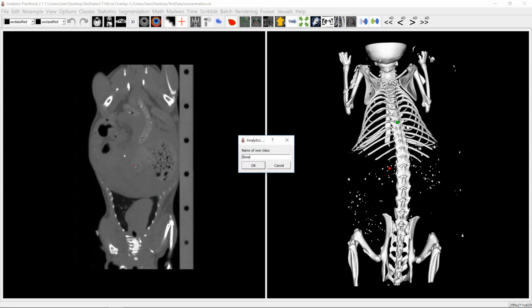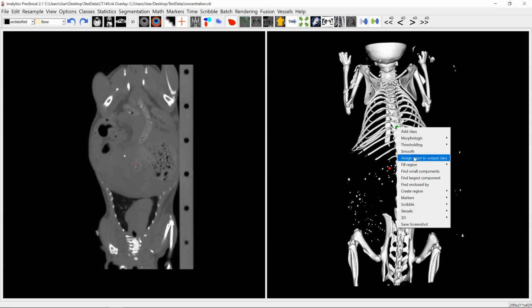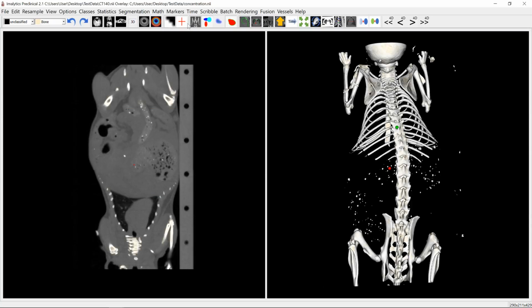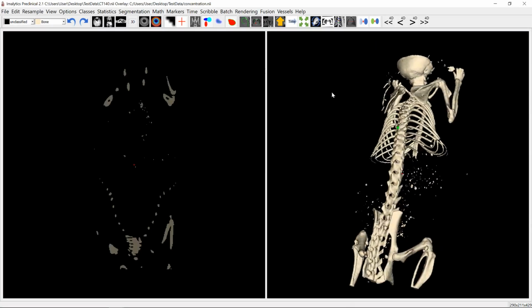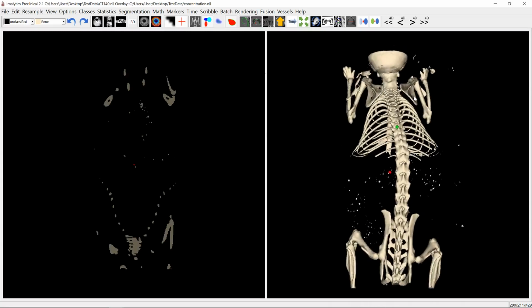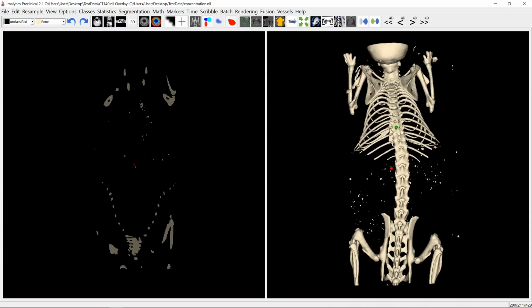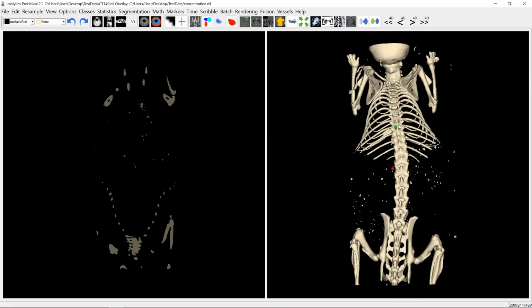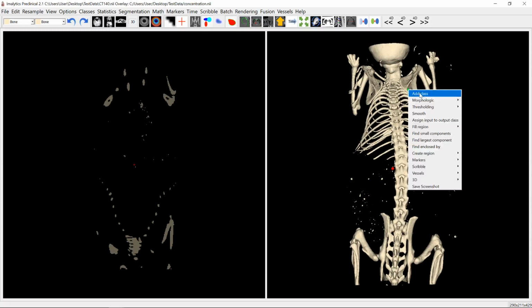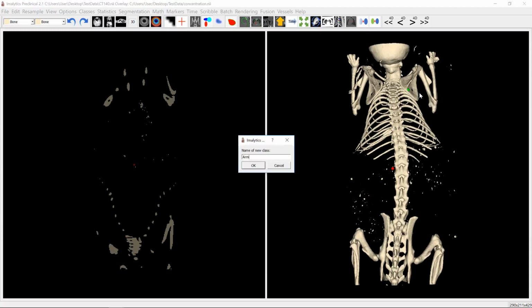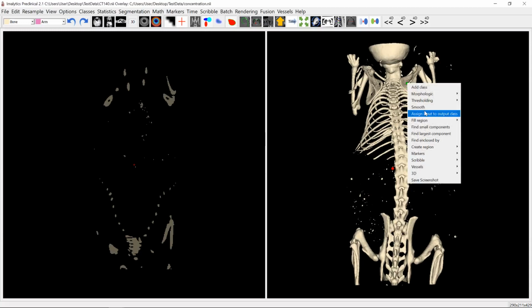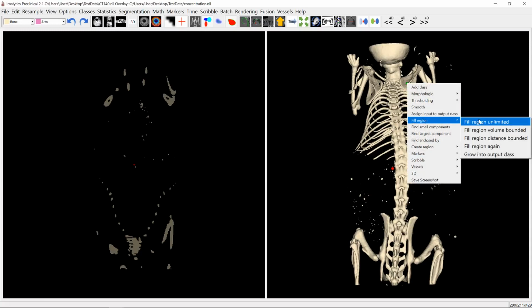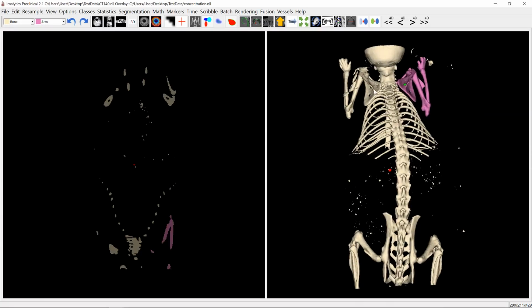Let's just call it bone. And we say thresholding above center, that just segments what we see. And now we have a basic segmentation. Everything bright is assigned to bone now, and we can start to use the region growing operations. So let's add a class arm and right click in here, say for region unlimited. There we have the arm, here the other arm,